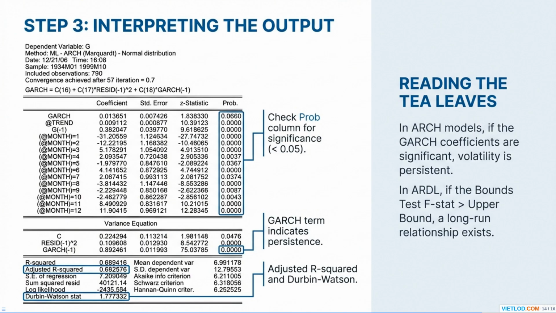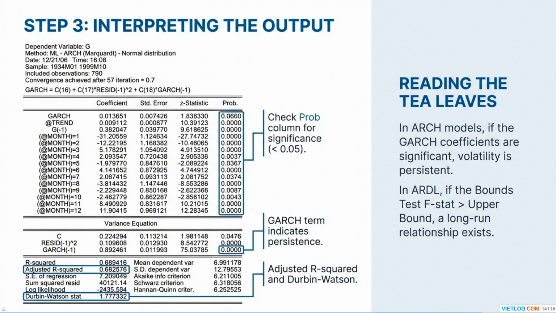After successfully executing your model in EViews, the crucial next step is interpreting the output. As we see here, the key to understanding individual coefficient significance lies in the prob column. A probability value less than 0.05 indicates that the corresponding coefficient is statistically significant. In this GARCH model output, both the RES(-1) squared term, representing past shocks, and the GARCH(-1) term, indicating volatility persistence, show p-values of